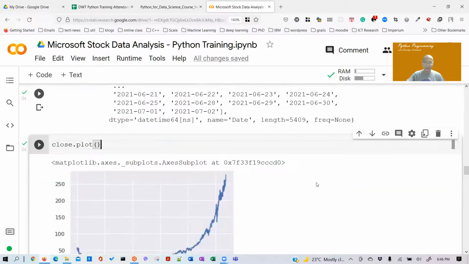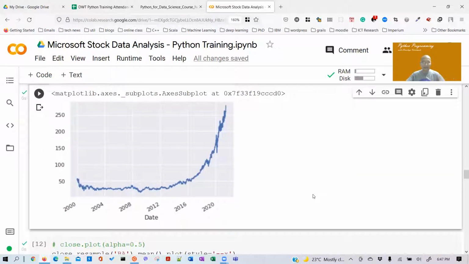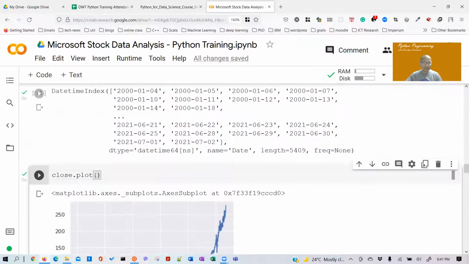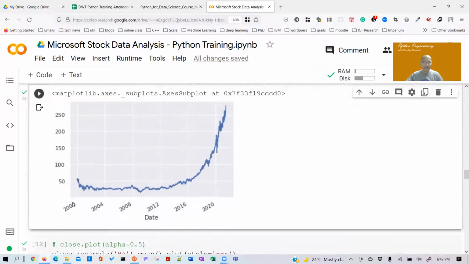But when we changed the index to a datetime object, now it is so clean, and there's so much information in this one line of code. Boom, we have such a